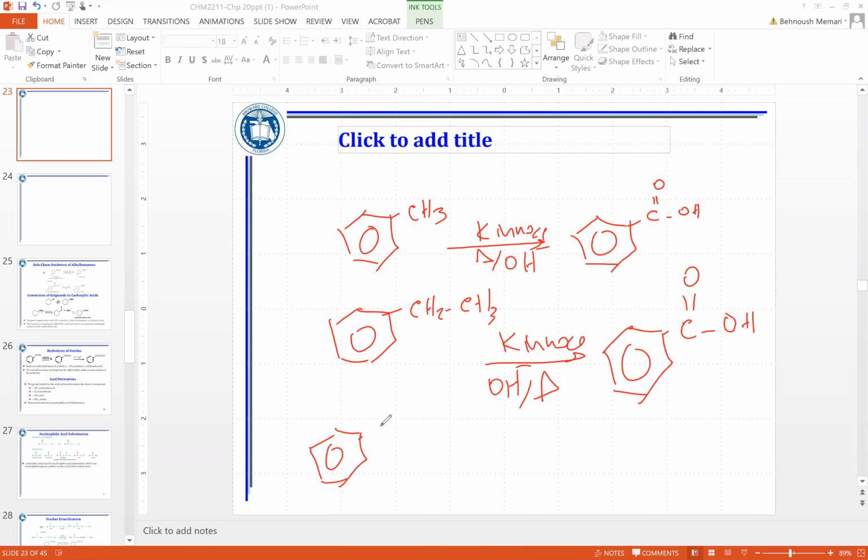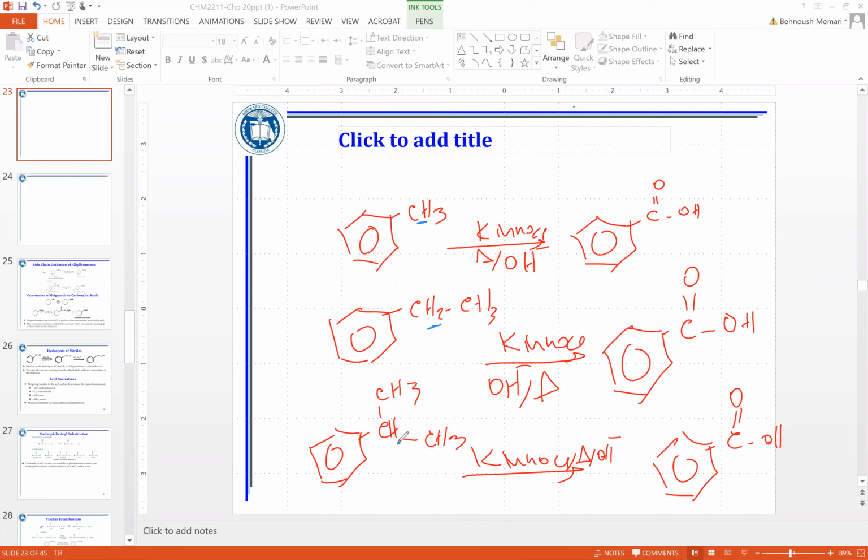If you have an isopropyl group with permanganate, it would also change to benzoic acid. So side chain oxidation works as long as you have benzylic hydrogen, that's benzylic hydrogen, and this is benzylic